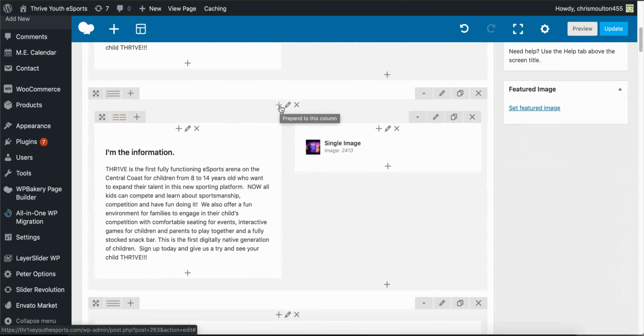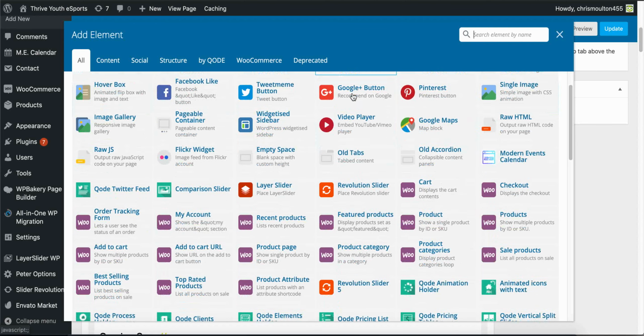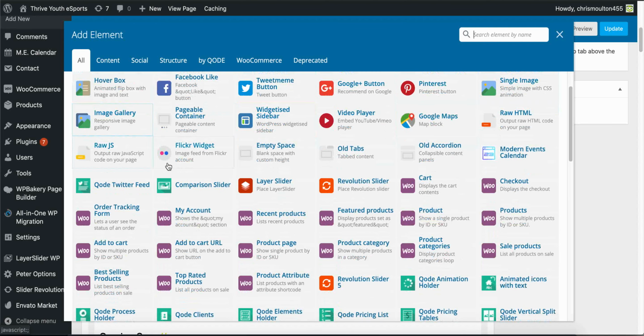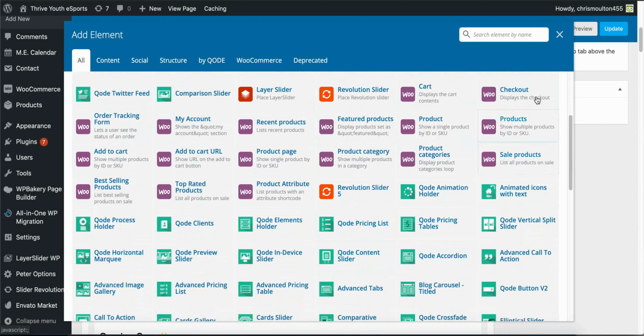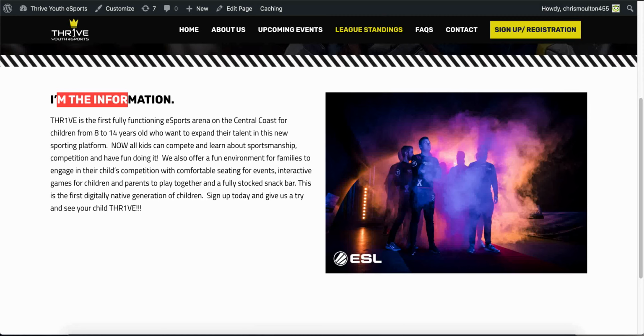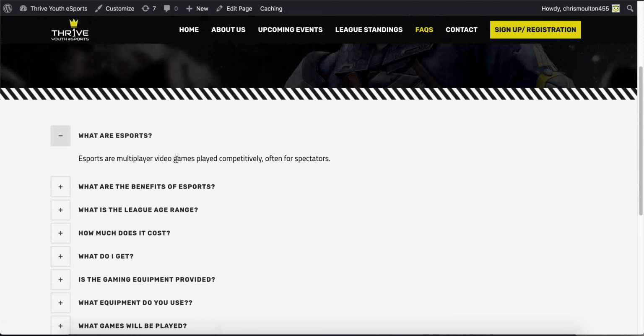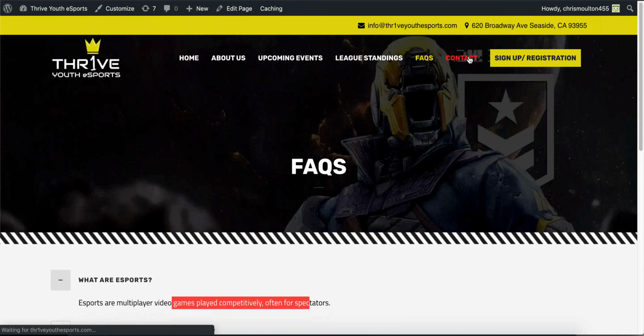Okay, and if you want to add some other elements, you can also update that, like video and text, contact form, and separator, image, gallery, and the other elements as well. So now I believe we can handle this page as well. Now come to the FAQ. The same steps, click on edit page and edit the information, contact,